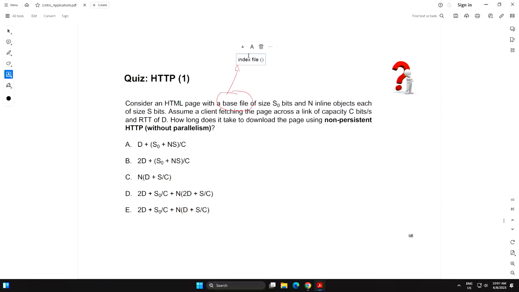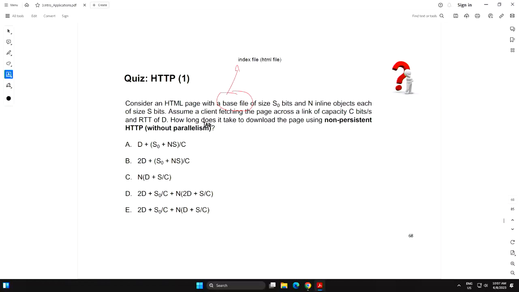So this is the HTML file, and it has a size S0, the base file. And then once you download this file, you will see that this HTML file is saying there are n objects, and each object, for simplicity in this case, has the same size, S bits.